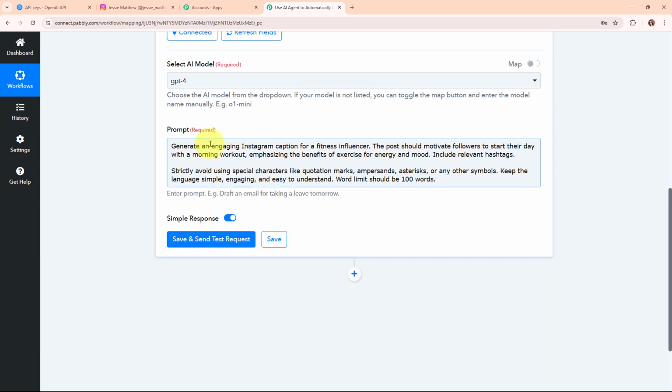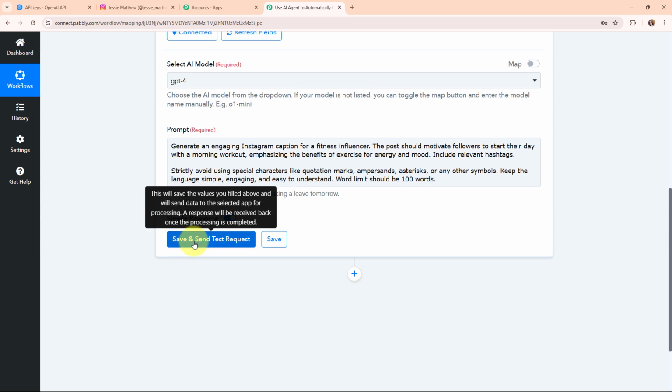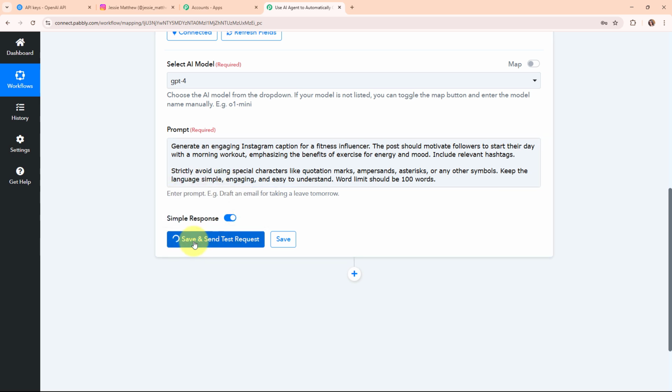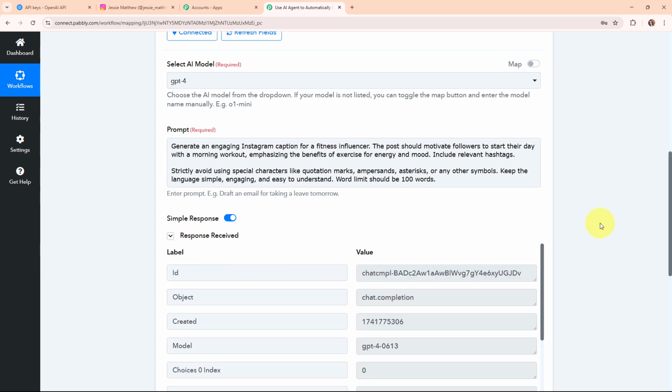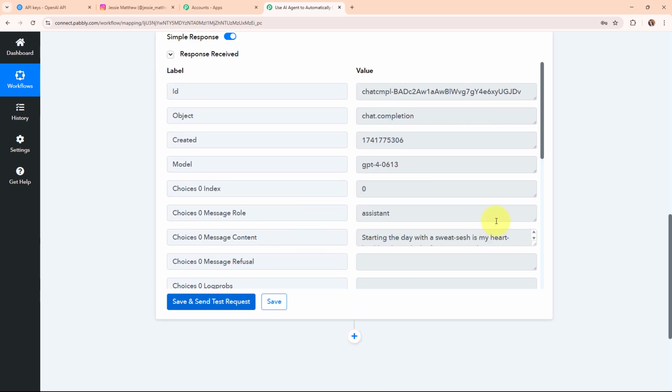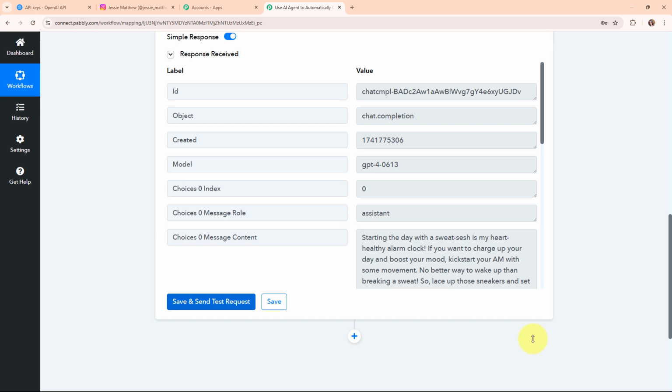So here this prompt is going to remain same, and every day at a specific time, this prompt is going to run through OpenAI and generate a new content for our Instagram post. Okay, so I'm going to click on the save and send test request. And here you can see we have received a successful response where we have received a content generated which says,